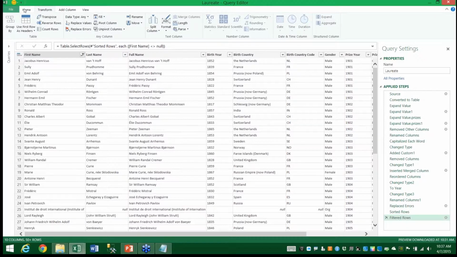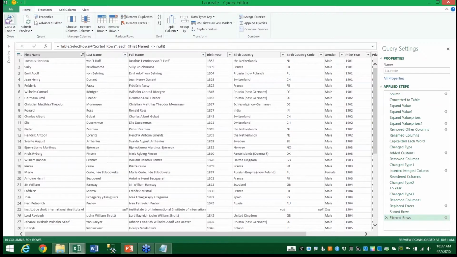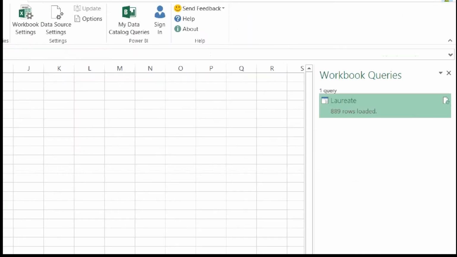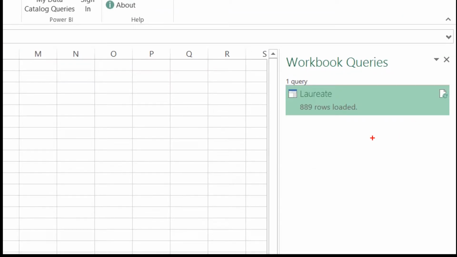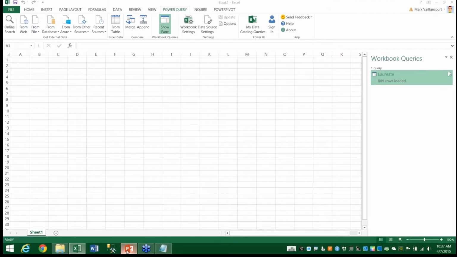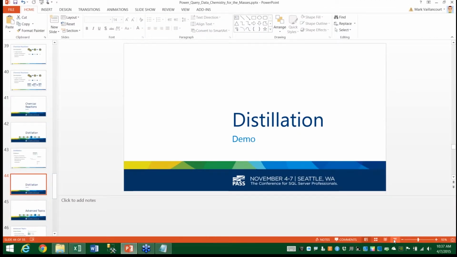Okay. So we've gotten rid of our errors, and now if I go home and go to close and load, it's going to go against the API again, and it's going to load that data to the data model. And this time, as we zoom in, you can see there's no more errors. We dealt with them. Happy days. So if we come back into the slide deck,